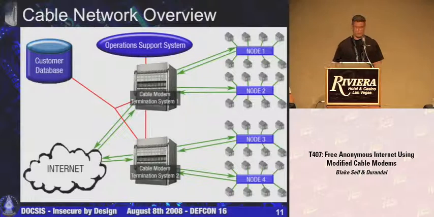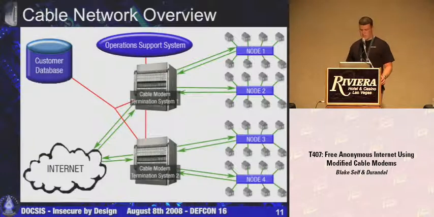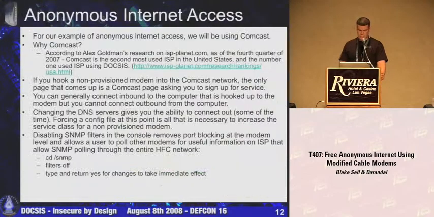This is a very, very simple diagram of the DOCSIS network. So you've got your cable modem termination systems. You've got operations support, which is really the guys you don't want to see that you're online if you're not supposed to be. You've got your customer database, which has your MAC addresses and what speeds go with those MAC addresses. Or, generally it's a config file, but to make it easy, you could say speeds. Then you've got your internet, and all your nodes, which basically go out to all the houses. Okay, so for anonymous internet access,